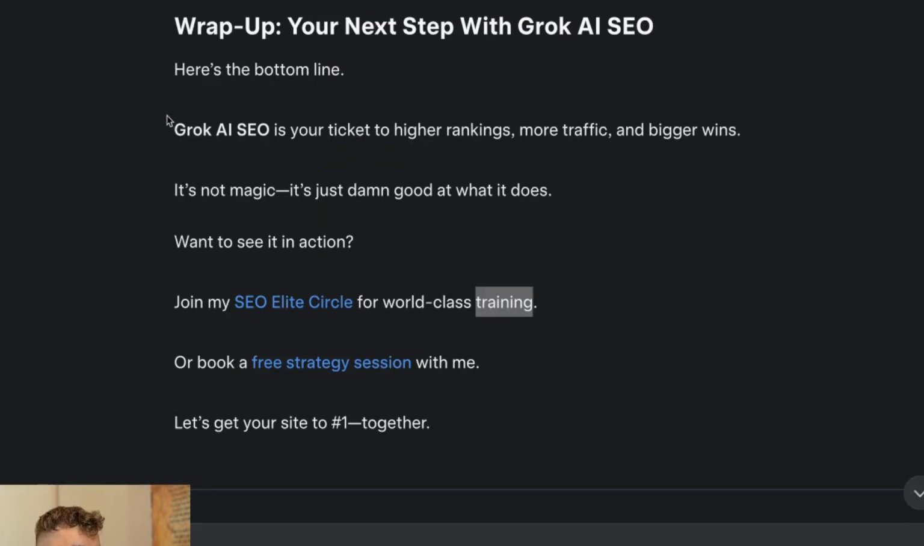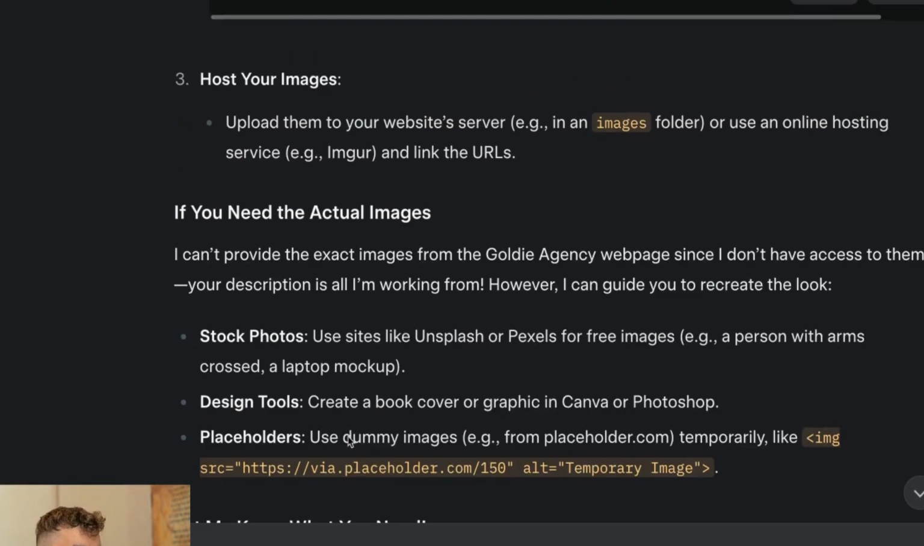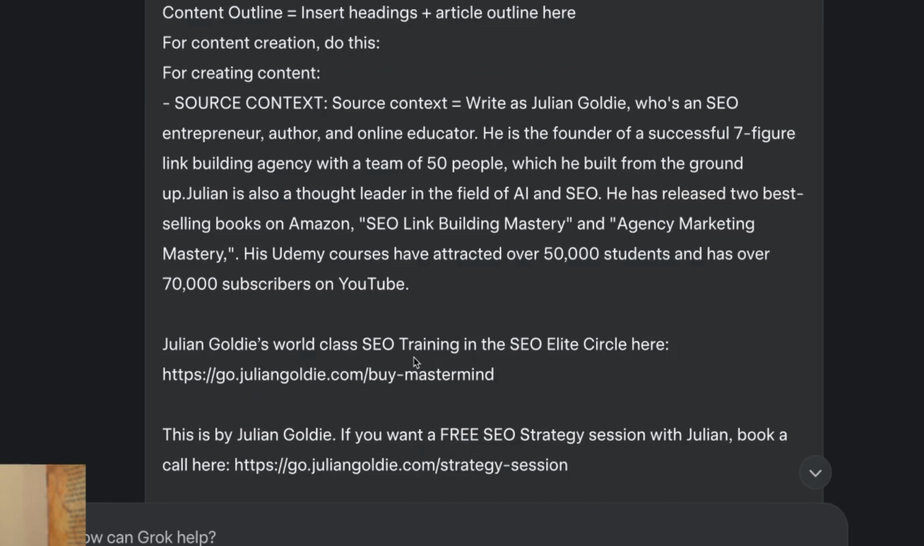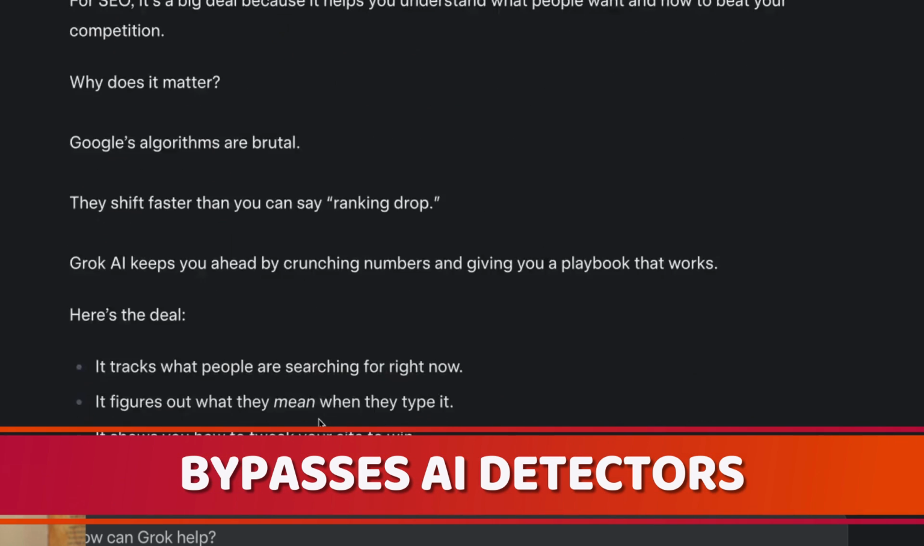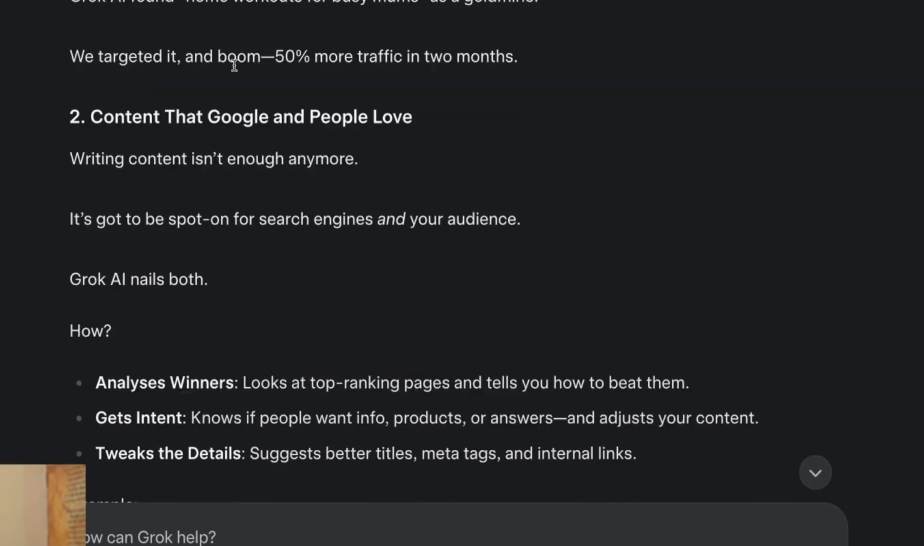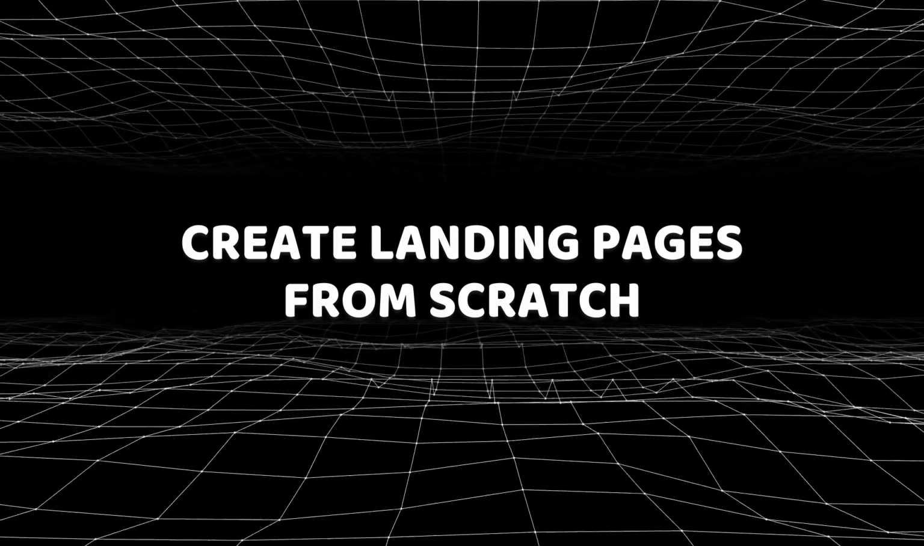And it's funneling traffic from the article directly to our landing pages, which is exactly what we want. So just in the space of a few minutes, we've built out a Flappy Bird game, we've cloned a website, we've written humanized content that bypasses AI detectors and is honestly better than most SEO tools that I've seen out there. What else? So what we can also do is we can, for example, create landing pages from scratch, so